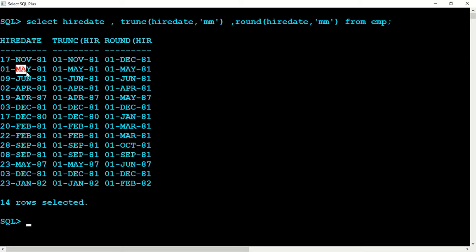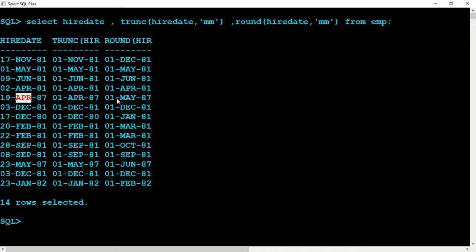Now if it is May here, this is less than 15, so the same month, first day, 1st May. June, now this is 09, less than 15, so 1st June. April 02, less than 15, so 1st April. 19, greater than 15, so it will be next month.